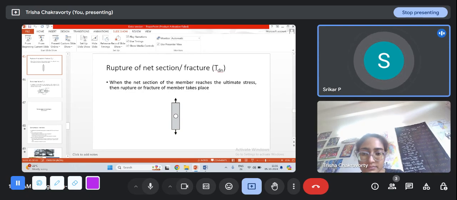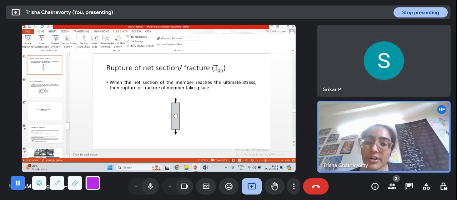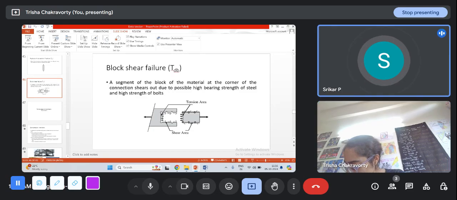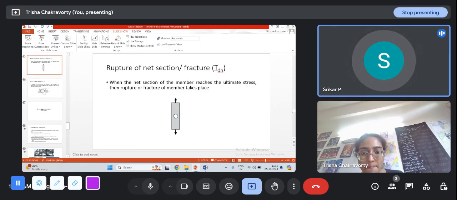By week 7 they already started this one. Is this Lc for rupture of net section or for block shear failure? No, rupture, ma'am. Actually, in that class also I was mistaken. I was telling it in block shear, but it was in the rupture failure. For the general formula, we add something external for the shear lag when shear lag is experienced. Yes, while considering that shear lag formula, that will come into picture.